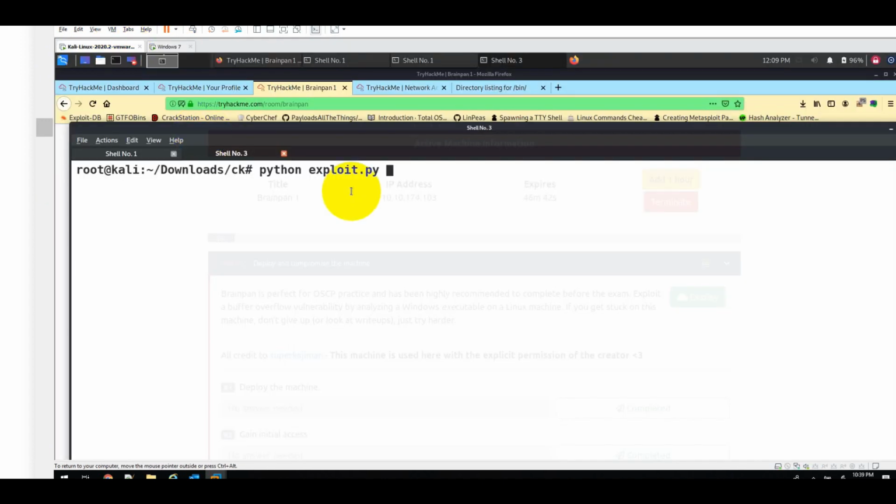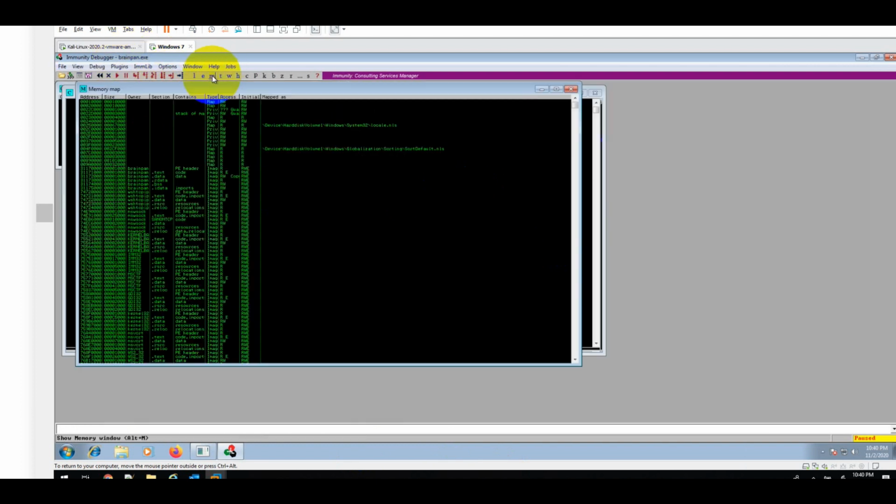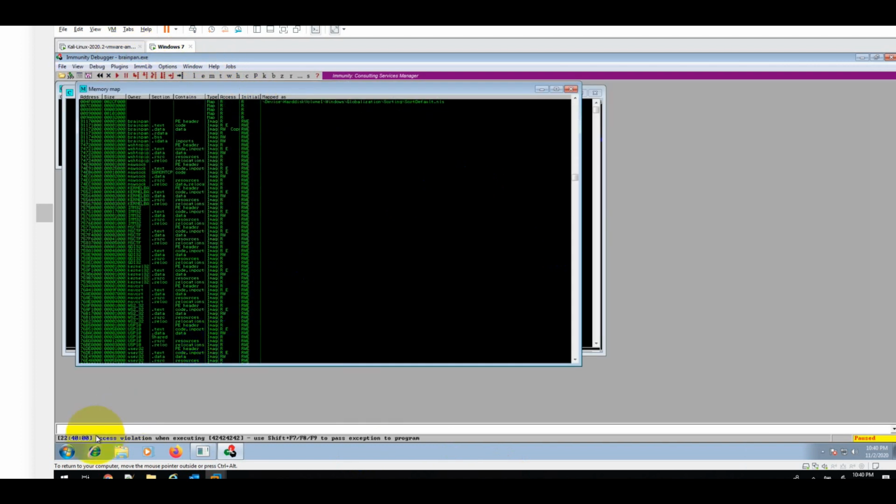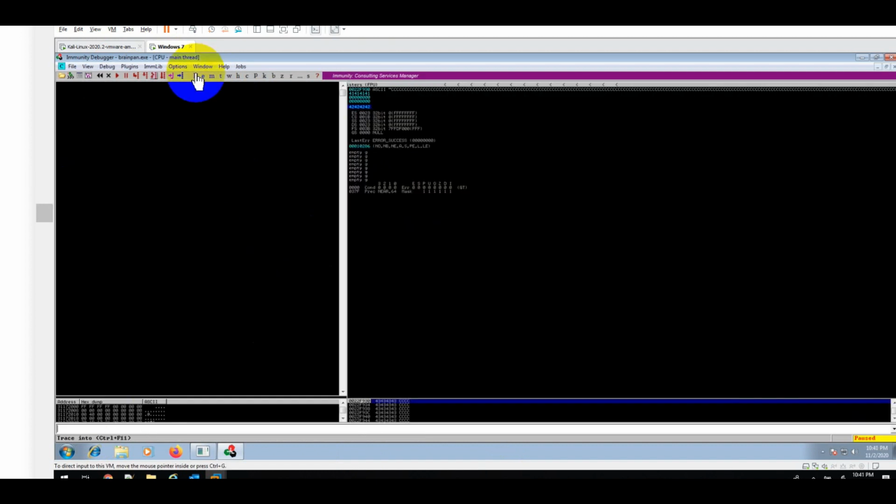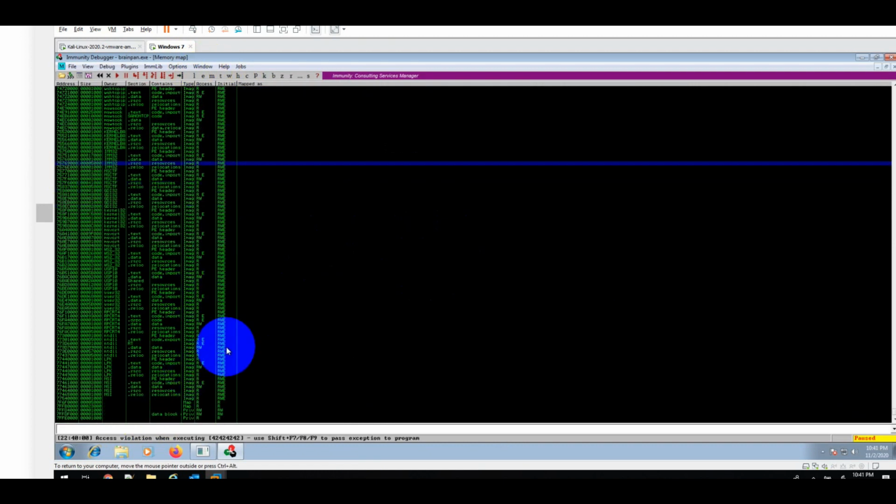Again, click on run and then just send the particular payload. Now we should have a crash, and you can look at the EIP. It just got overwritten with BBBB as we planned. So the next step for me is to basically find out a module. So once I click on M, there are different modules that are going to run.